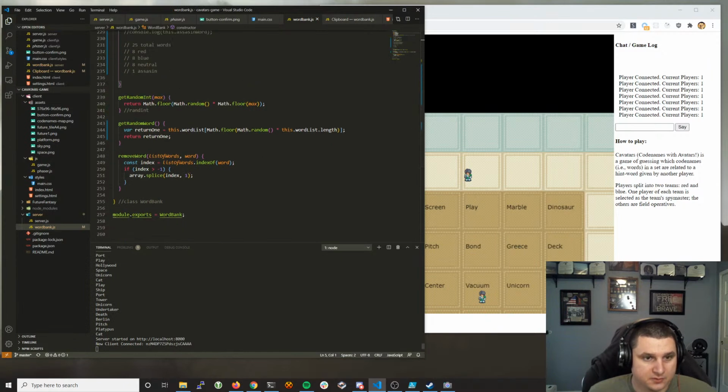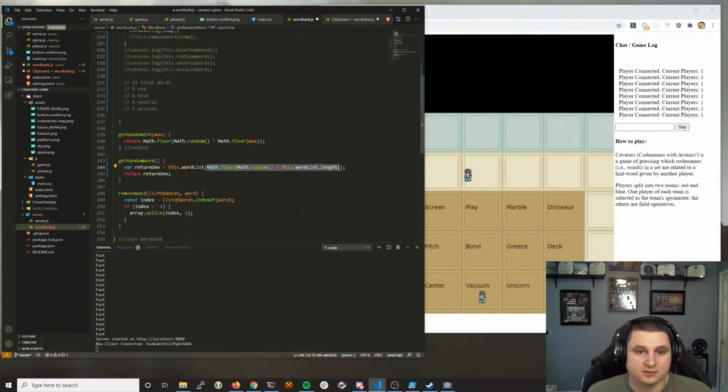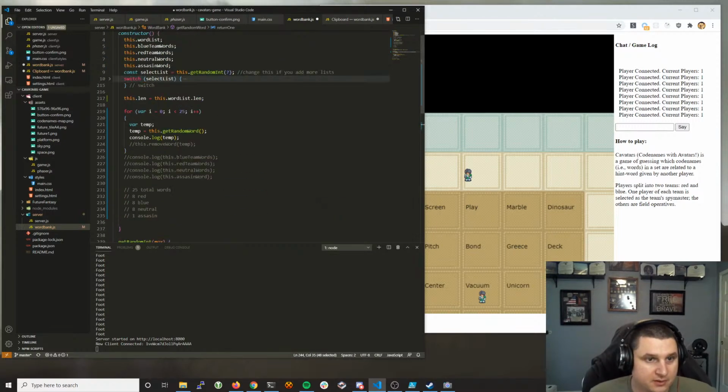And that's all the words. this.wordList should be pulling one word, right? So like if I say this.wordList[0], oh, it does it all 25 times. I see, because of the thing. Yeah, so it's working right. It works right. Yeah, I'm stupid as hell. I see. Okay, because so like if we put this here,